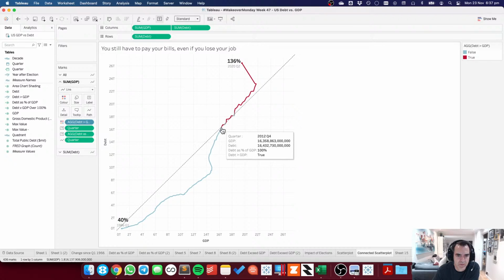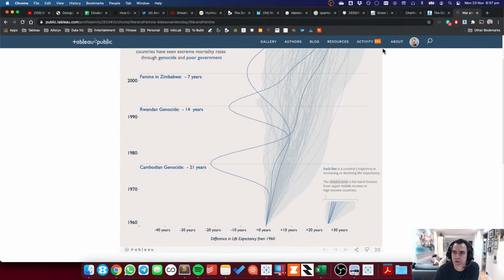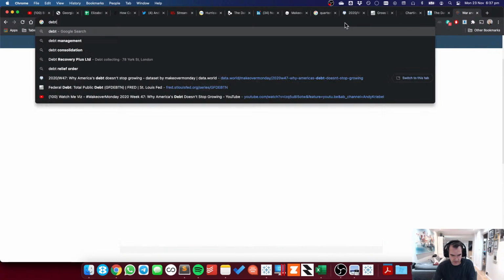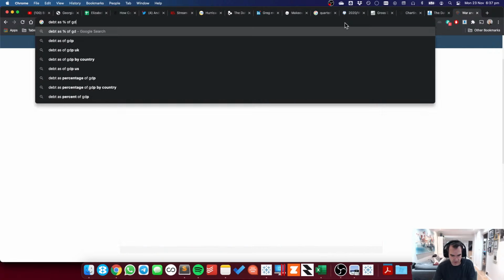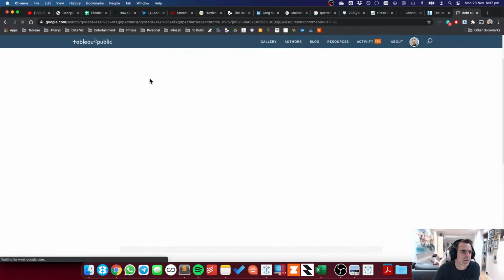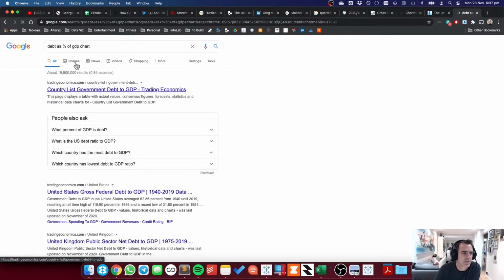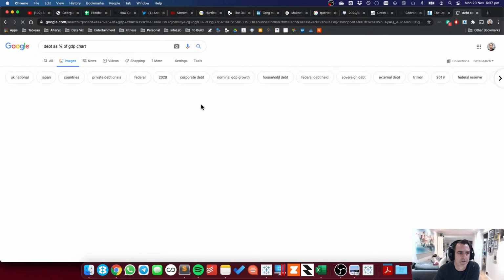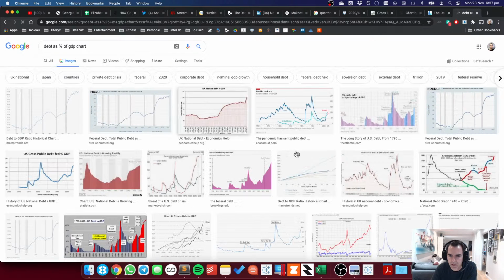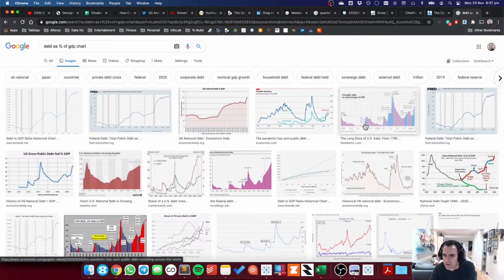So this is what, oh, there was some, let's see. So let's do a Google search on debt as percent of GDP chart. Let's see if there's any good commentary I could add on here. Images. Okay, so what's this here?